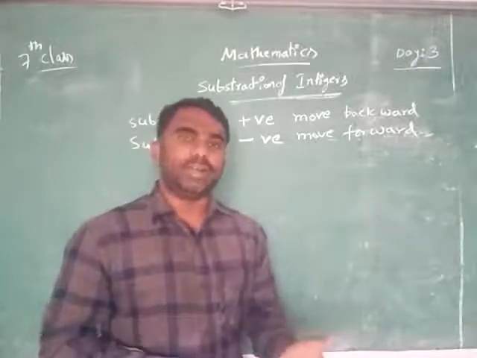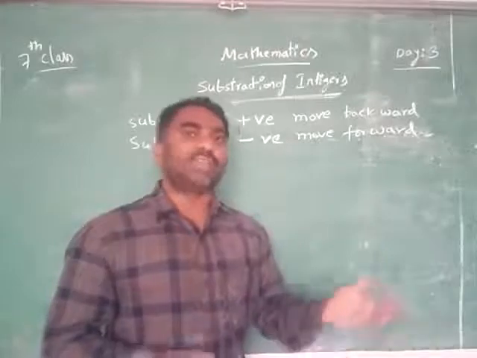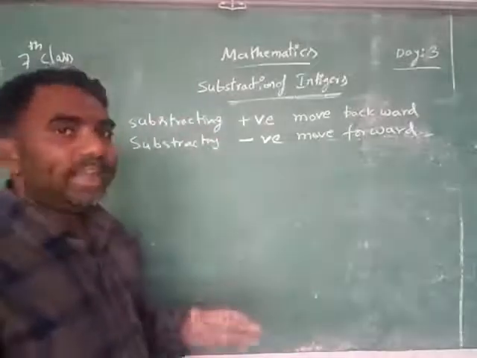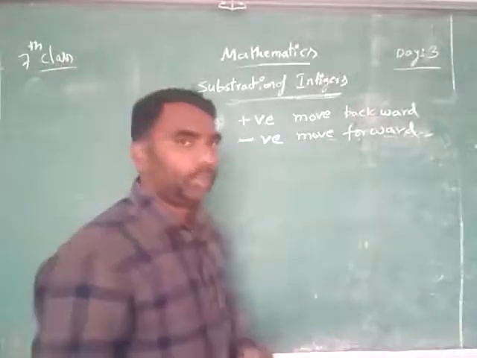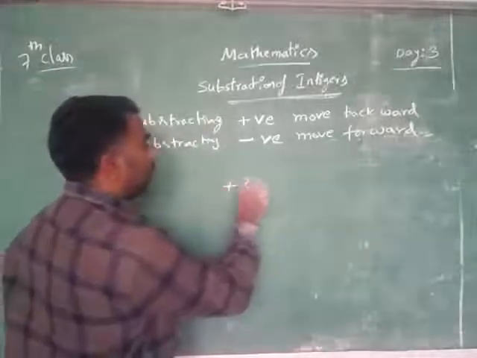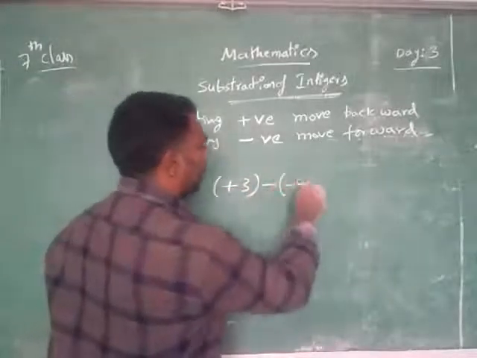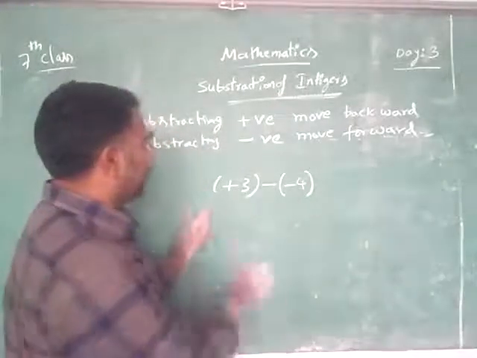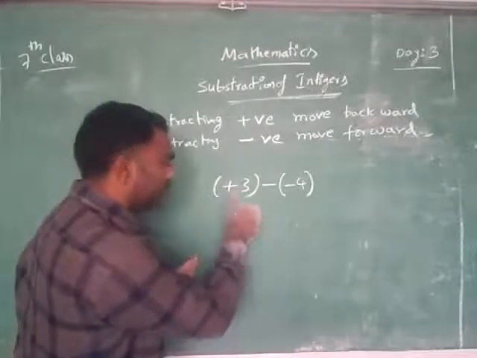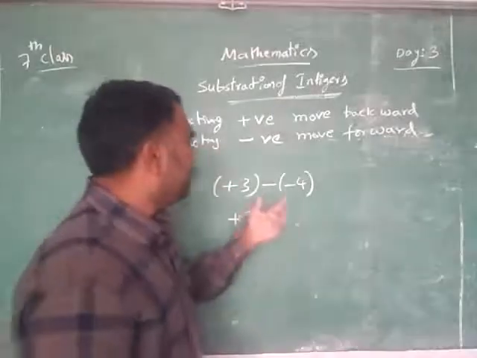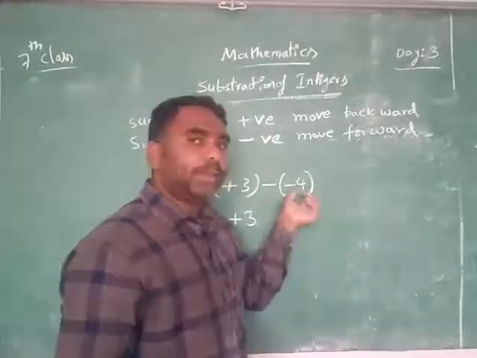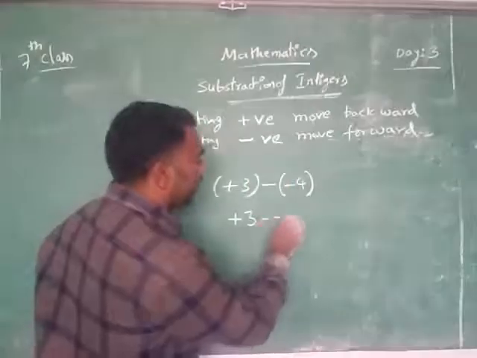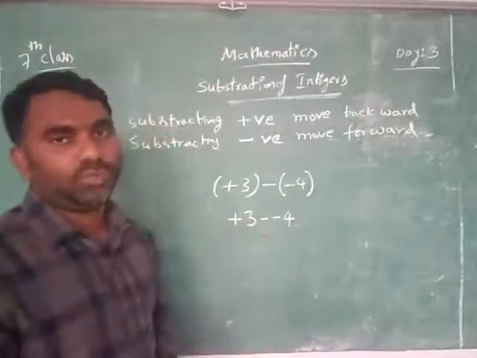After removing the brackets, what we have followed in the additions, the same thing we will follow here also in the subtractions. First of all, I will tell you how to remove the brackets. You see, I am giving here plus 3 minus 4. When we are removing the brackets, there is only one symbol we can remove easily. But the problem is we have one symbol in the bracket and one symbol outside the bracket. Then how do you write it, minus 4? You will be confused.